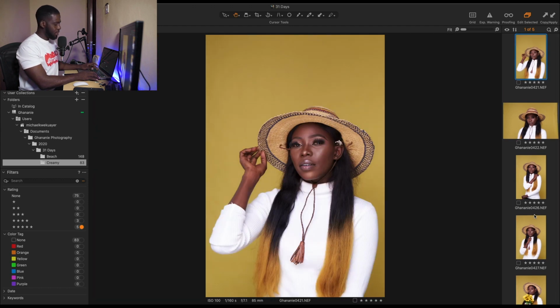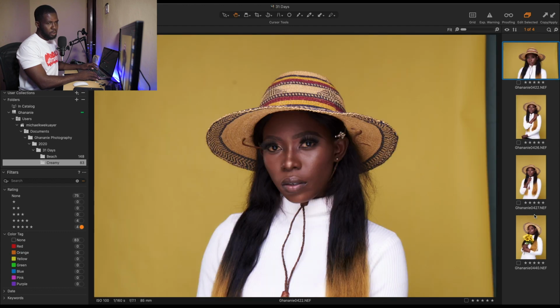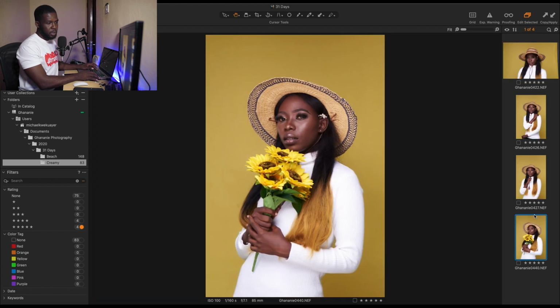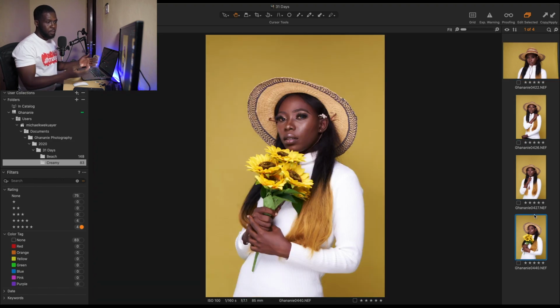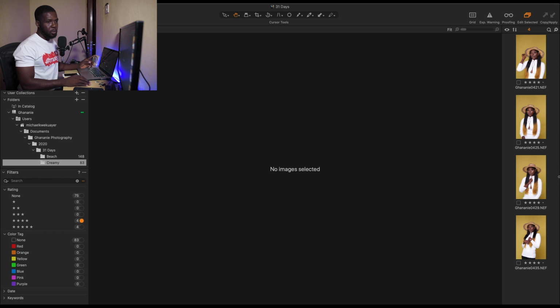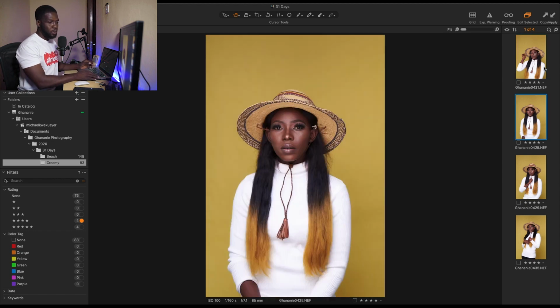I don't like this one anymore, so I just take it off, down to 4. Now we have 4 images here. Well, we've done our best and we can't narrow it down anymore, so we have 4 images there. Just be advised that this is just a rough selection I've made to let you understand the rating system. So if you go to 4 stars, we see only those 4 images from the ones we took out